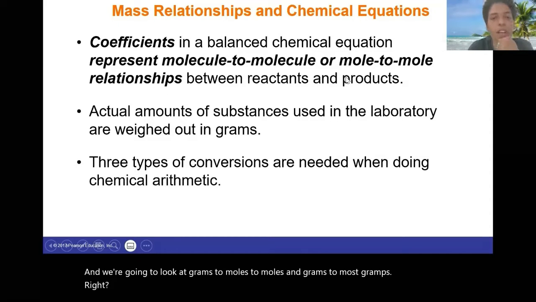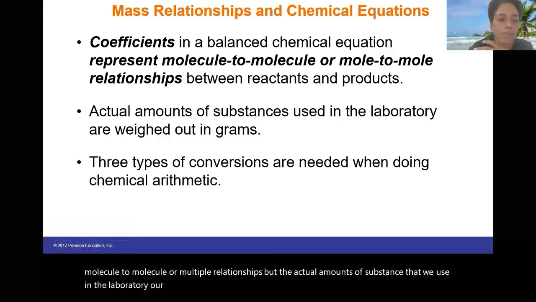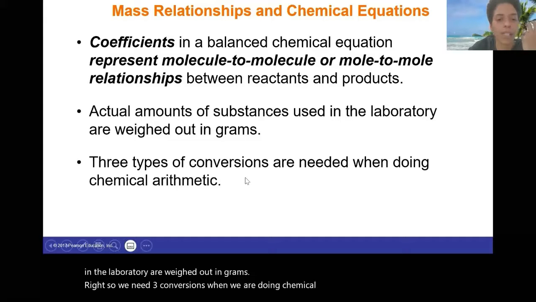So we know that our coefficients help us to balance our chemical reaction, and they represent molecule to molecule or mole to mole relationships. But the actual amounts of substance that we use in the laboratory are weighed out in grams, right? So we need 3 conversions when we are doing chemical arithmetic, when we are looking at chemicals in